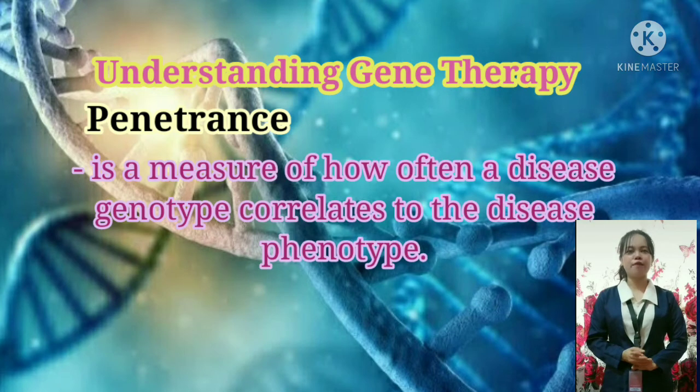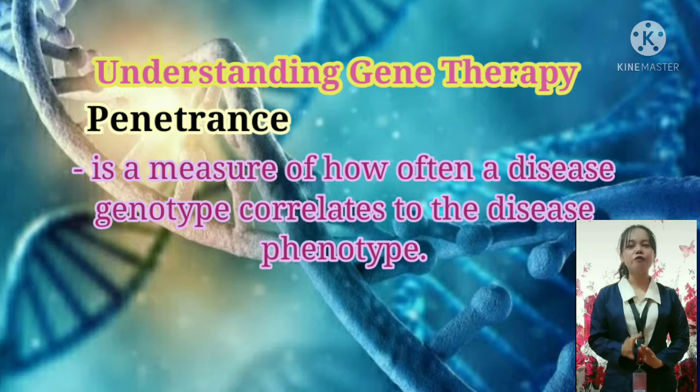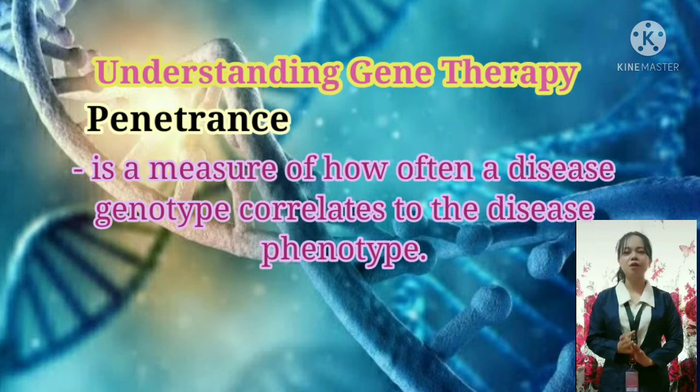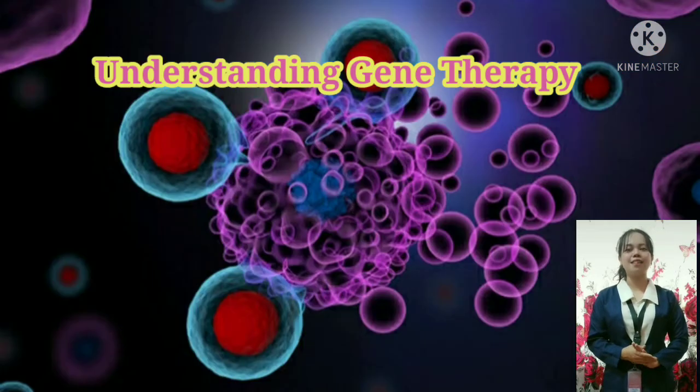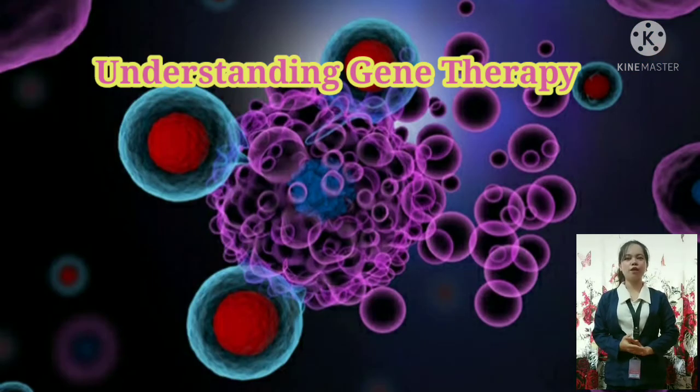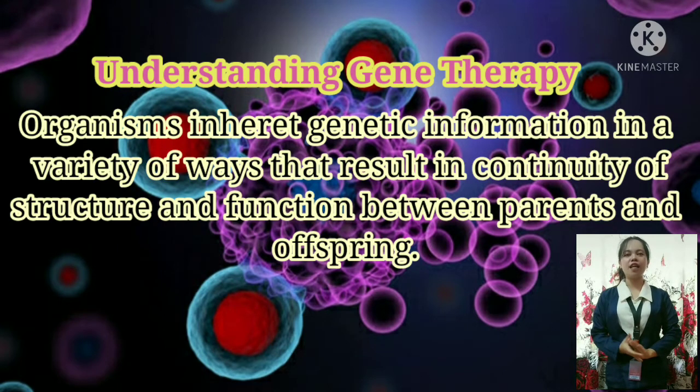Penetrance is a measure of how often a disease genotype correlates to the disease phenotype. For example, in a completely penetrant disease, every individual who is genetically positive for the disease would have clinical manifestations of said disease. In contrast, for diseases with incomplete penetrance, some individuals who are genetically positive for the disease may be entirely asymptomatic. Organisms inherit genetic information in a variety of ways that result in continuity of structure and function